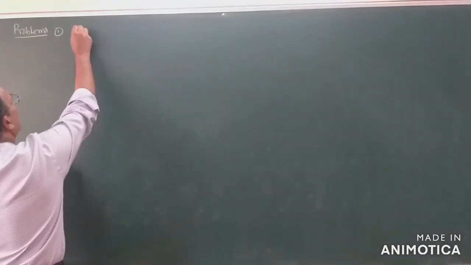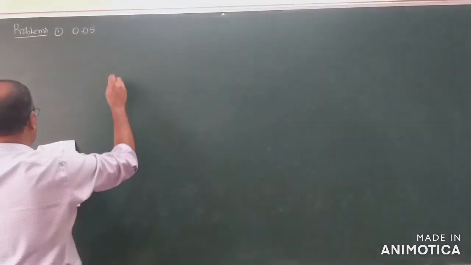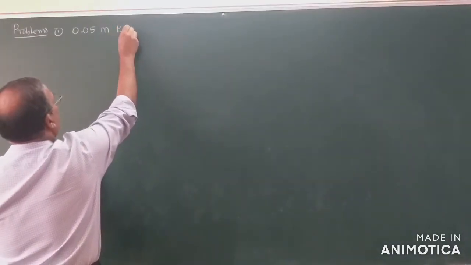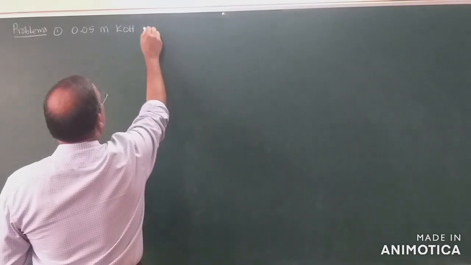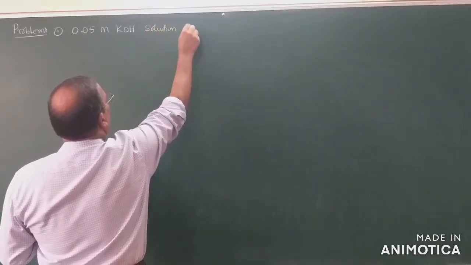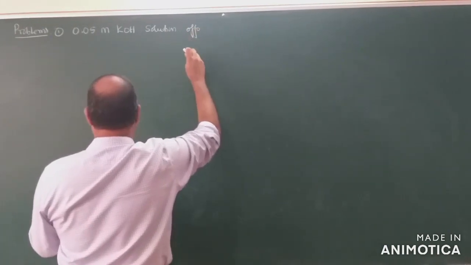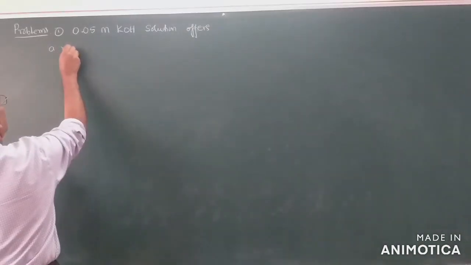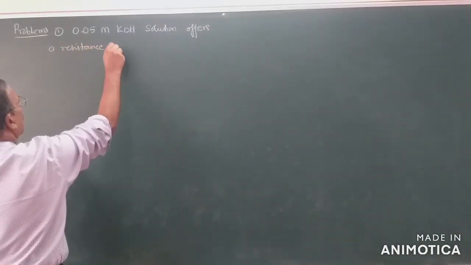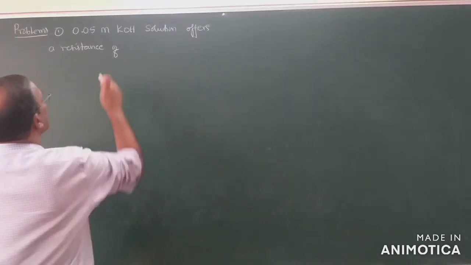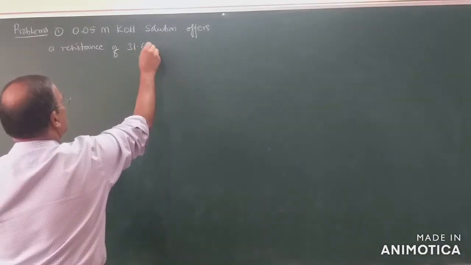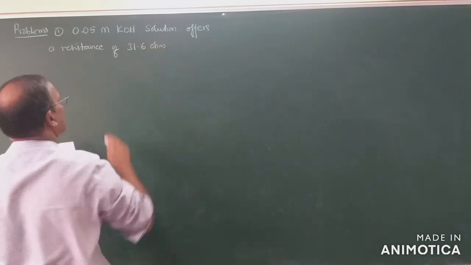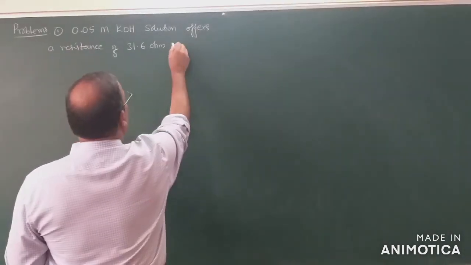So write down the first problem. 0.05 molar KOH potassium hydroxide solution offers a resistance of 31.6 ohms